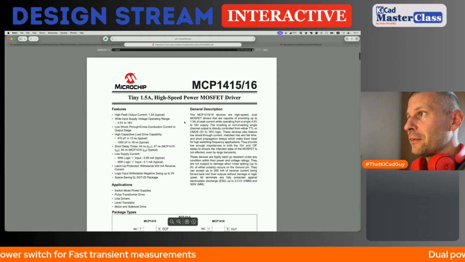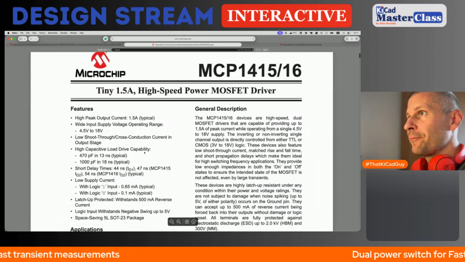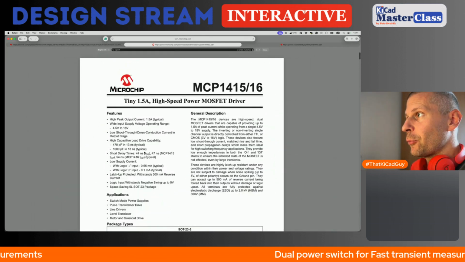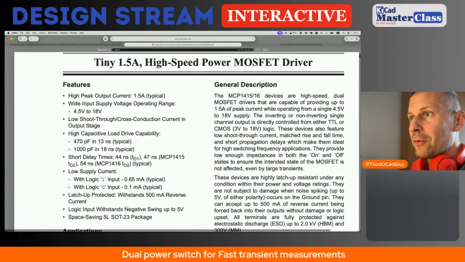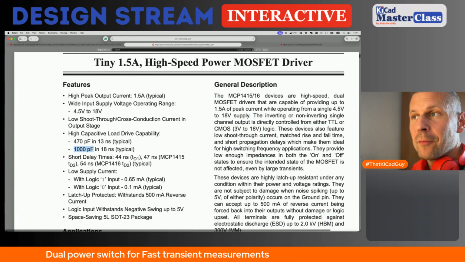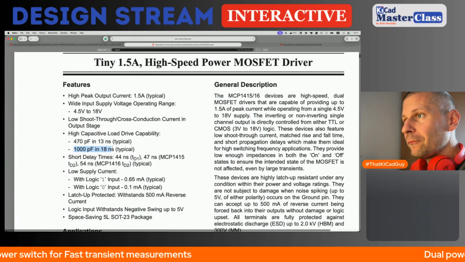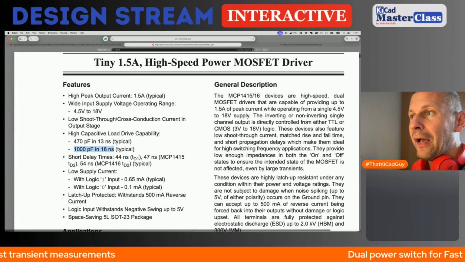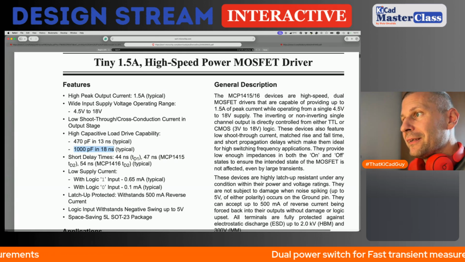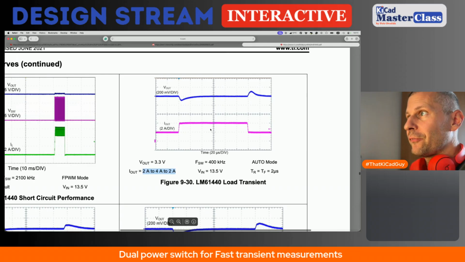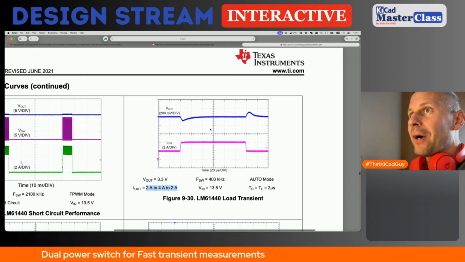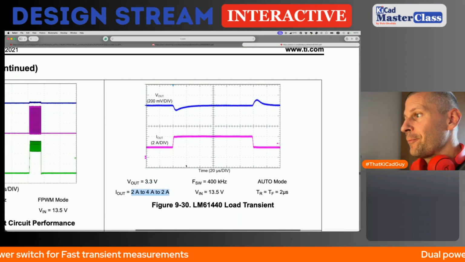And I checked the capability of these MOSFET drivers I want to use, and they say that 1 nanofarad can be recharged in 18 nanoseconds. Then I checked the transient waveform of the buck converter in the data sheet, and they measured that